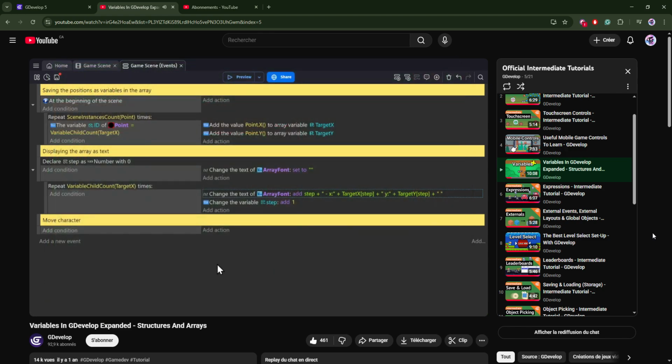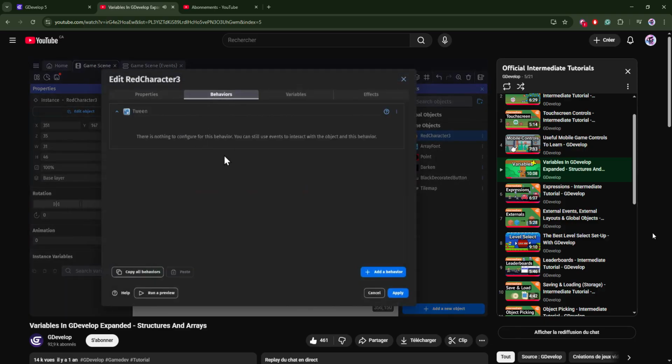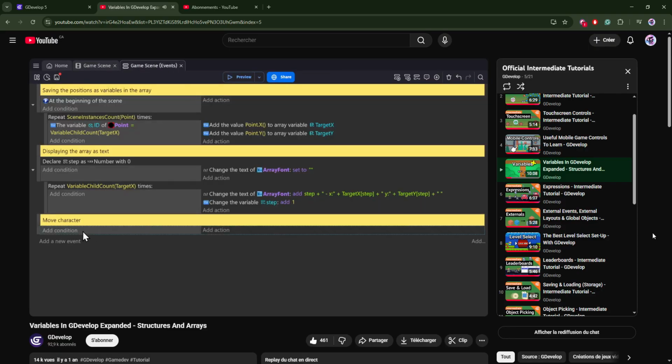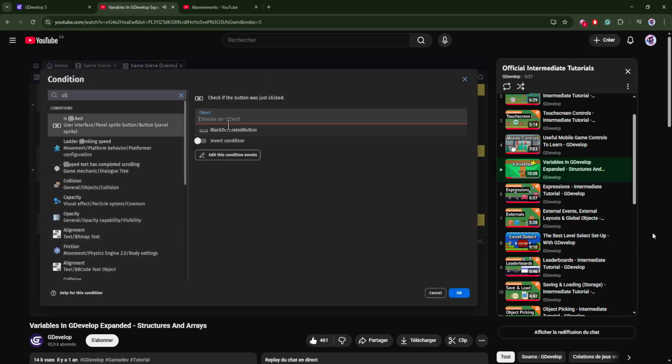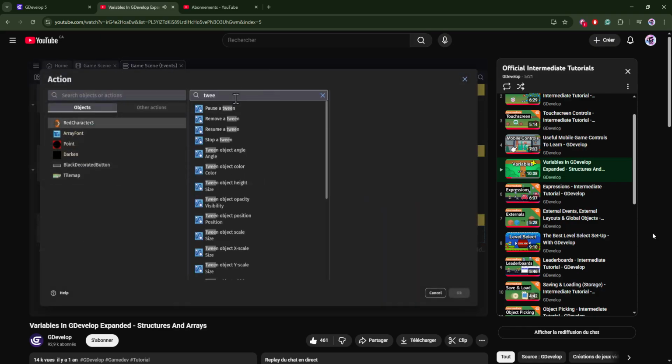Now the last thing to do is to get the character moving. We have a button, and so we'll use that as the condition for the event. But also, the character has the tween behavior, so we can use the actions for tweening to move the character. So in the event, we'll check to see if the button is clicked, and if it is, we'll tween the